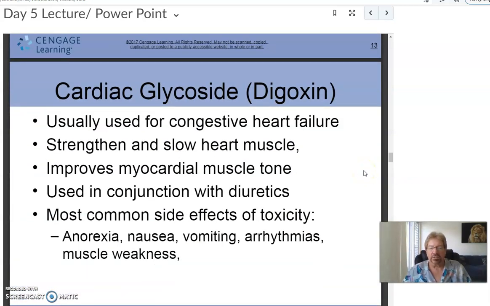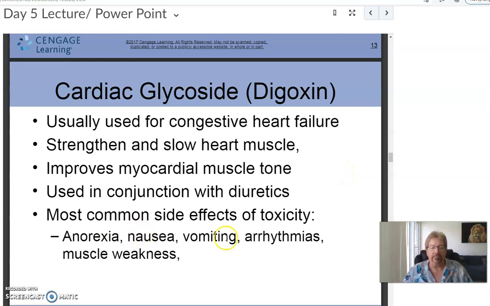Cardiac glycoside, digoxin, I guess is how you pronounce it, guys. Usually for congestive heart failure. CHF, it's abbreviated, is very common. A lot of older people have it. It strengthens and slows the heart muscle, improves myocardial muscle tone, used in conjunction with diuretics or water pills that make you urinate out additional water, while all that extra fluid overloads the heart. And if you have a weakened heart, it makes it worse. So they give these patients diuretics to help them get rid of a bunch of extra